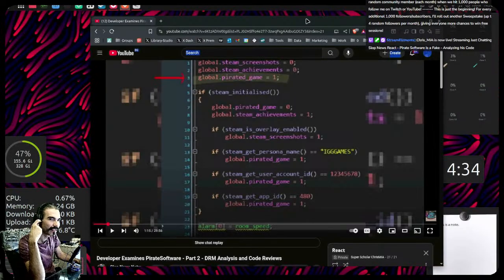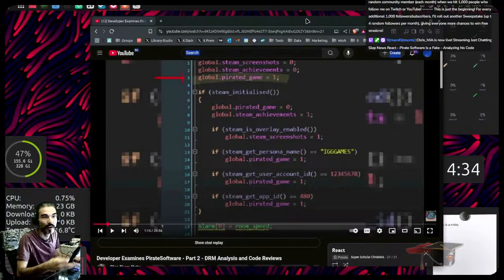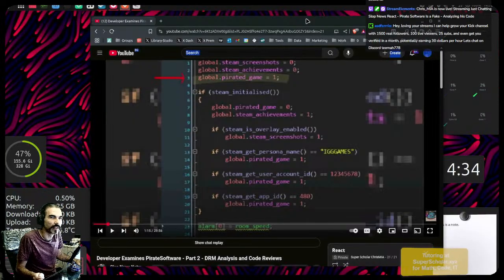It's so basic that it shows it wasn't thought out correctly. Just the fact that I, as a person, can disassemble this and remove this whole section with the pirated game, or just flip pirated game to zero and then remove the if statements and done. Resave the new file and boom. And then create a little patch or modification for it. It is just so easy to basically go around that.